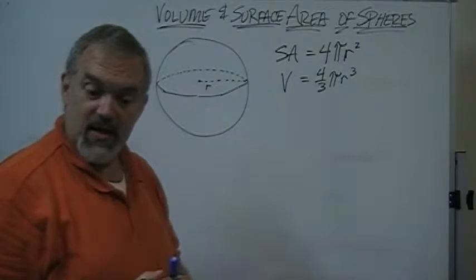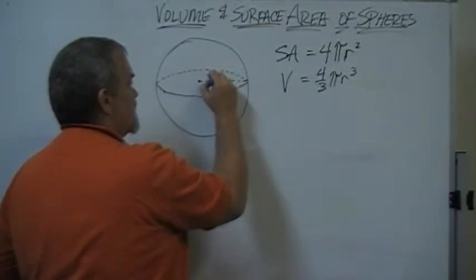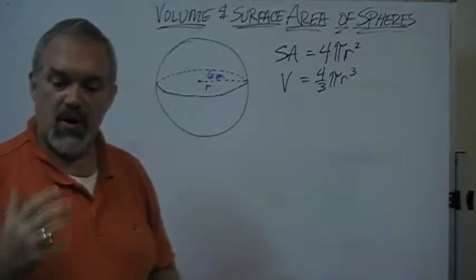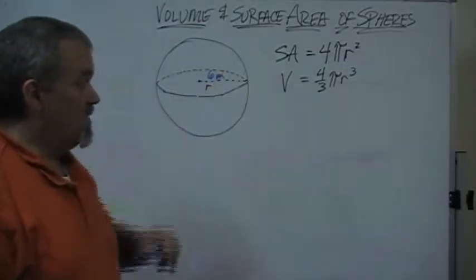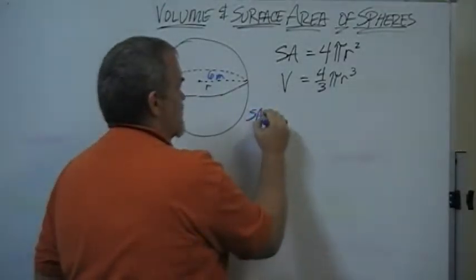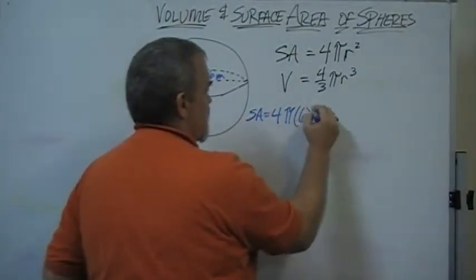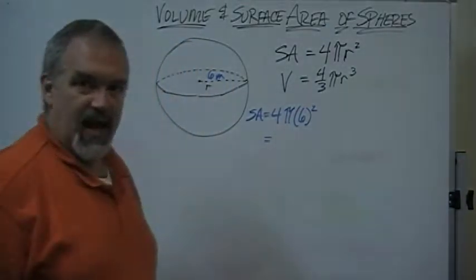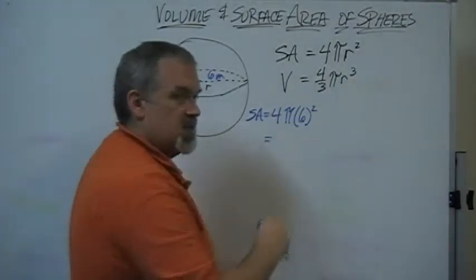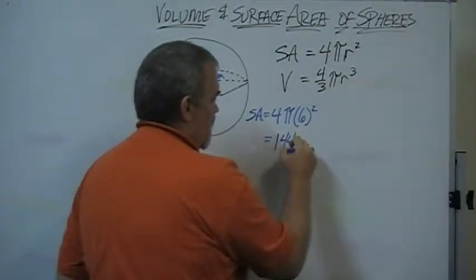Okay? Let's use an easy example. Let's say that we have a sphere, and our sphere has a radius of 6 meters. How do we figure out the surface area? Well, we're going to start with our formula, which is 4 pi r squared. We're going to say surface area is equal to 4 times pi times the radius, which is 6 squared. Now, if I wanted an exact answer, which would have pi in it, I would say 6 times 6 is 36. 36 times 4 is 144, and I would have 144 pi